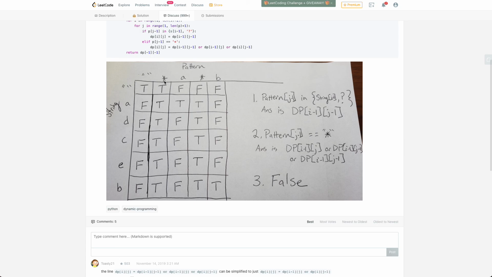This table says a star would match true to any, and also this. True, and then